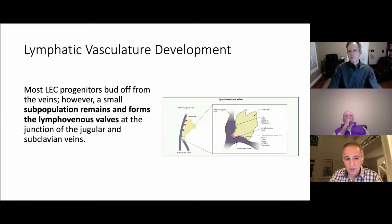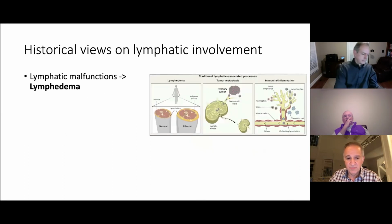Now, most of the progenitor cells develop into endothelial cells, but you have a subpopulation that remains in the cardinal vein and helps form the lymphovenous valve that connects the lymphatic system to the jugular subclavian vein junction. So historically, when you look at the lymphatic system, obviously we know that the major thing everybody